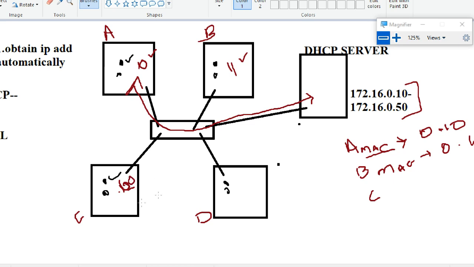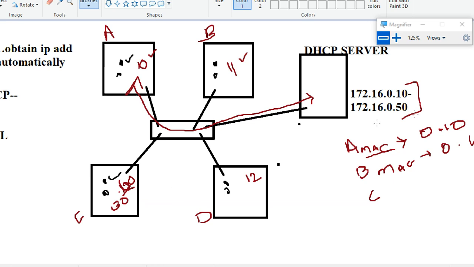Use 51, 60, 61, 62. Manually, if you want to assign, it is better to assign outside the range. That is the better way. If you assign within the range 10 to 50, for example 30, you can assign it, no problem, but better not to do it.